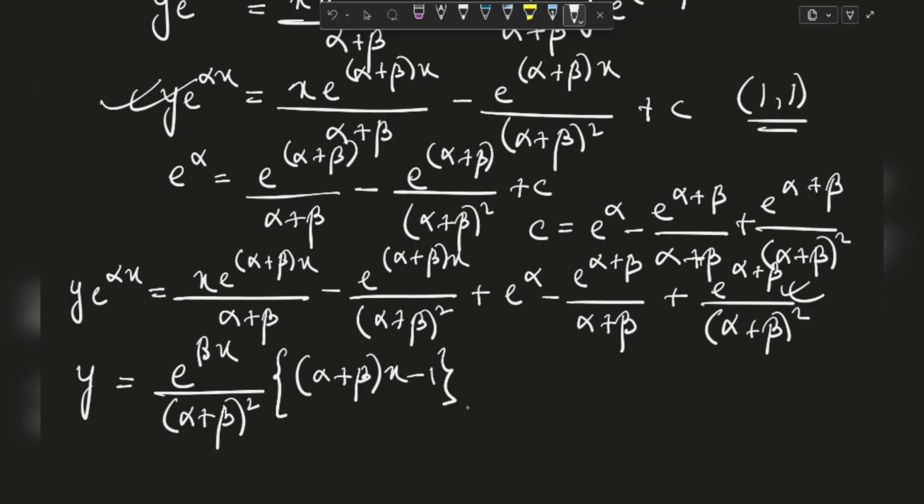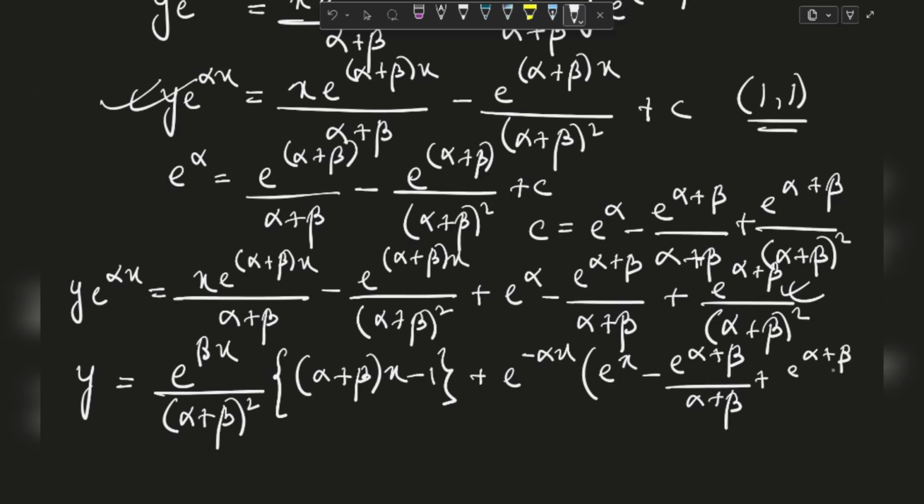And this thing will become plus of e^(-αx) times e^α minus e^(α+β) by (α+β) plus e^(α+β) whole divided by (α+β) whole square. This was a bit long. This question was a bit long, but now this will quickly shorten if we take our